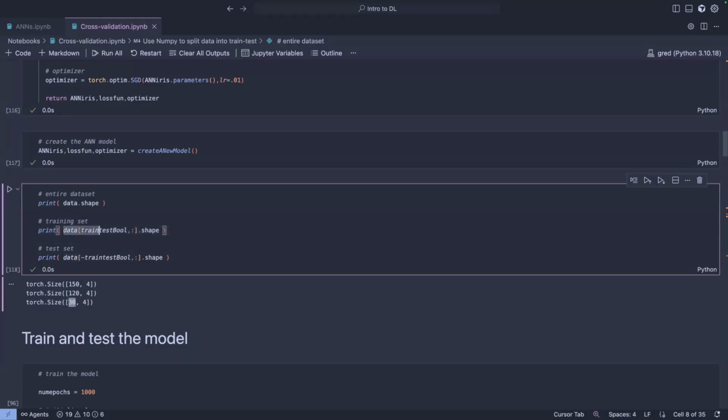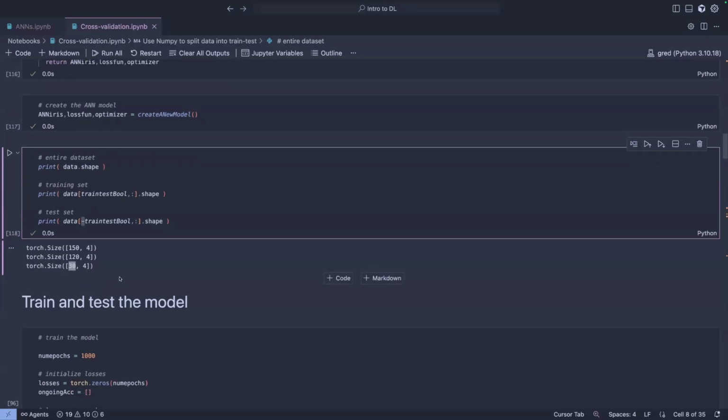And you see here, this is the utility of the train test Boolean that we created. So this is our data. Once we pass this mask to it, it essentially filters out everything that was false and keeps everything that was true. And in here, we're just negating that mask. So it's saying, take everything that was supposed to be true here and reverse it, flipping the trues and falses so that it's returning the test data set. Does that make sense? Yes, one for the train and the other for the test.